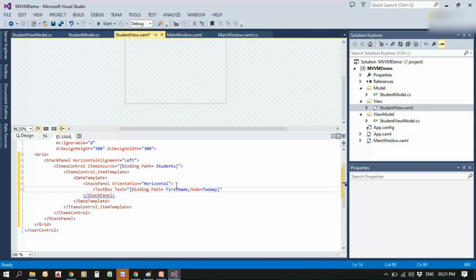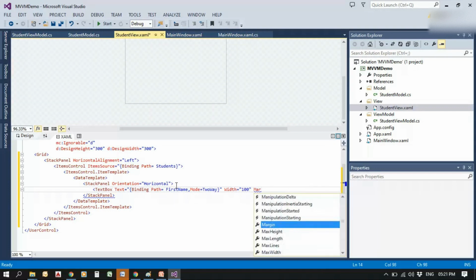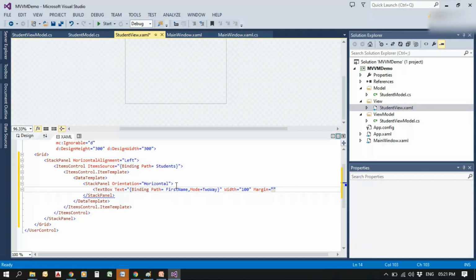The full name we will take by concatenating first name and last name. The mode of binding for the text block, which is full name, will be one way, and the mode of binding for the text boxes for first name and last name will be two way. And give width and margin for both text boxes, we need to give that too.